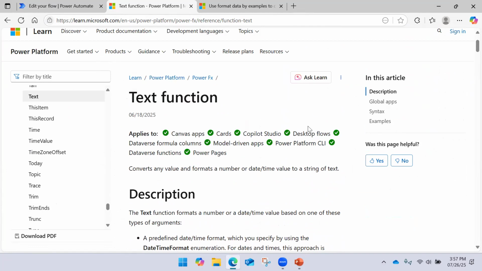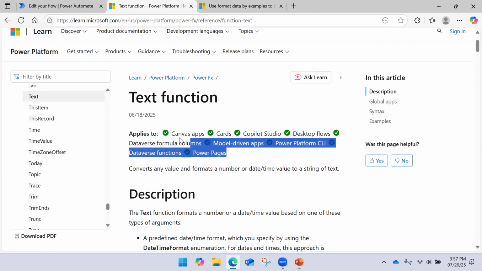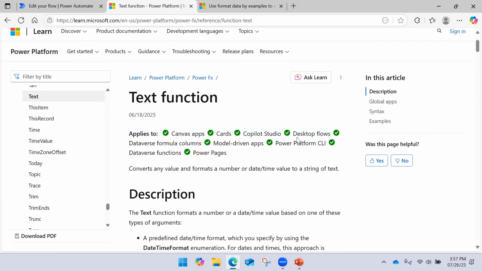Even though it says desktop flow, it supports it, but cloud flow does not support it. This is what I was trying to tell sometime before. These functions are supported in Power Automate, but with desktop, not with cloud, right?